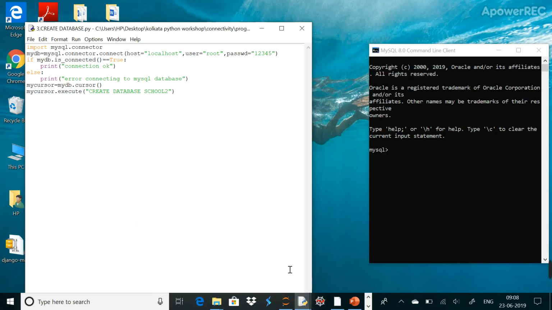Now the first command will be create database. Suppose I want to create any database here, you can check here which all databases are